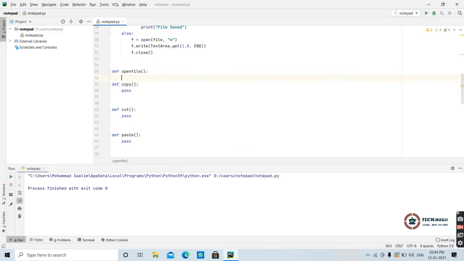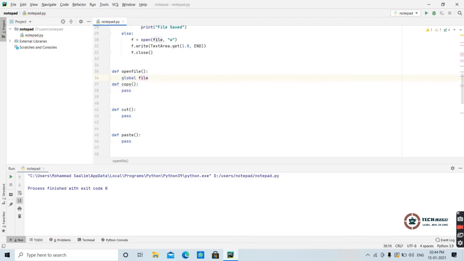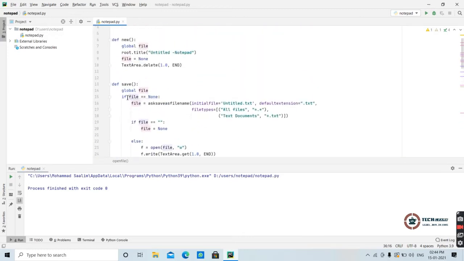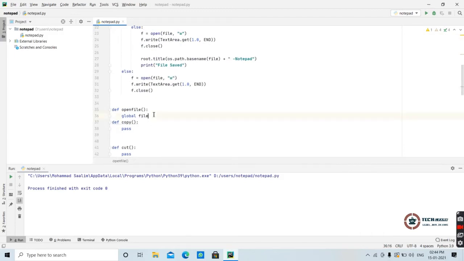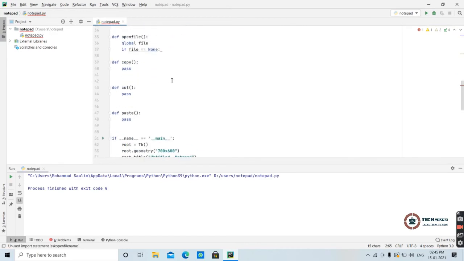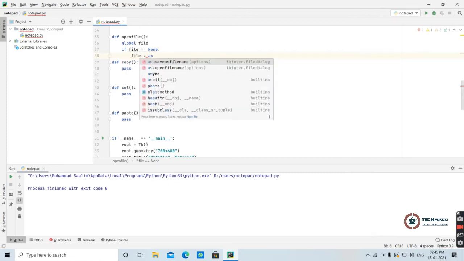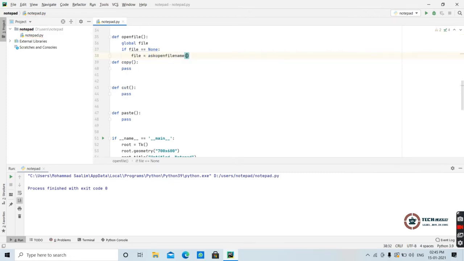So without any further delay, let's get started. You need to first create a global variable like we have created above, with the name file. In order to save time, let me copy paste it. Then you need to import from the file dialog, ask open file name. So let's write file ask open file name, then